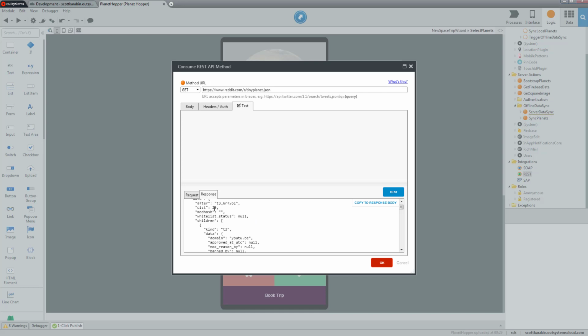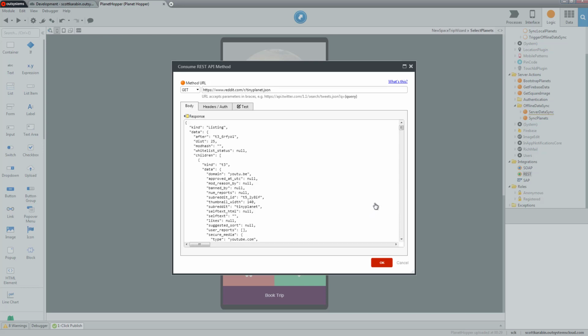And if we look at the structure, there are lots of different parts to this. And as we look down, we do see different thumbnails and images with different heights. So all we have to do is copy this response to the body, and it switches us to the body tab. And by copying the response to the body is what OutSystems is going to look over as far as the structure, and then it will be able to create the data structure so that we can hold this in memory. So by clicking OK,